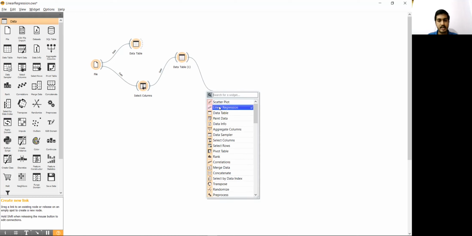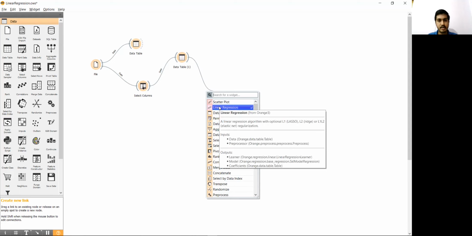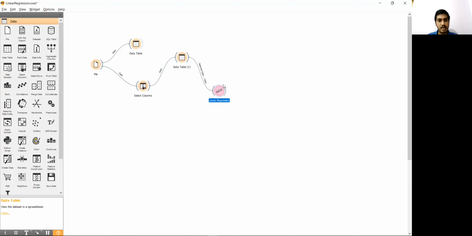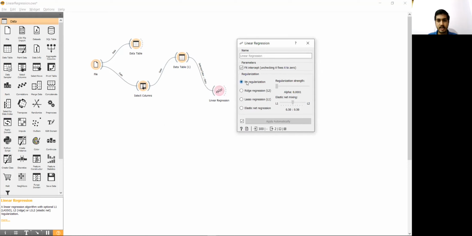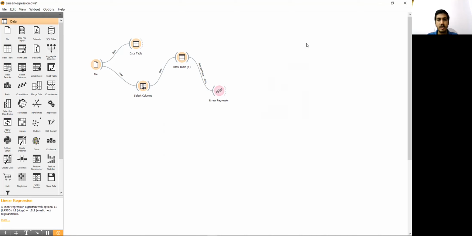We will get a linear regression. Now, double clicking on that shows the properties of linear regression. We are just using the regular linear regression now, not linear ridge or polynomial or lasso regression.